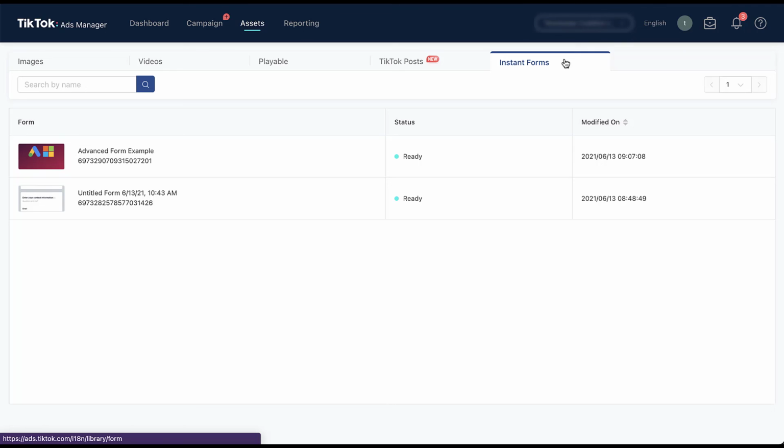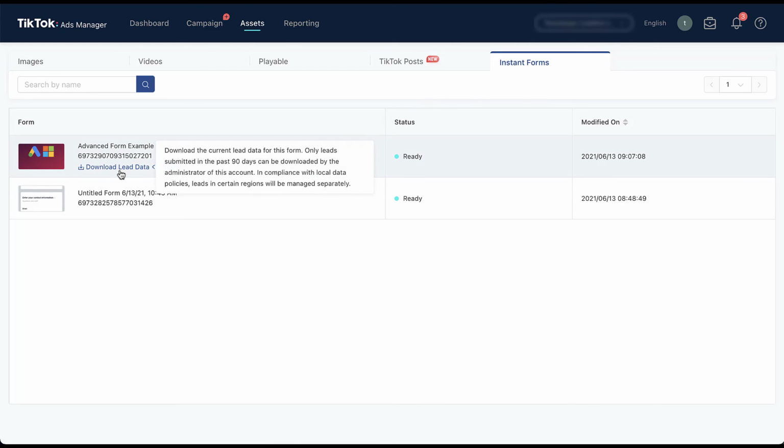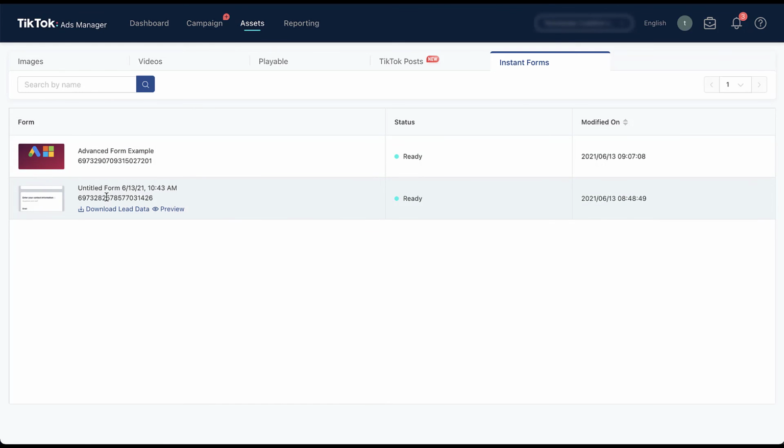This is going to be your instant form library where you can see the form itself, the status, and the date that it was modified. So both of these are the placeholders that I've created for this video. To get the lead information, you simply need to come down and scroll over the name, and you'll click download lead data. That'll download it automatically to a CSV, but as you can see here, it will only download the leads submitted in the past 90 days, and you have to be the administrator of the account to be able to download these. If you then also want to generate the leads from the other form, you're going to have to do it one at a time and click the download lead data for each of the different forms